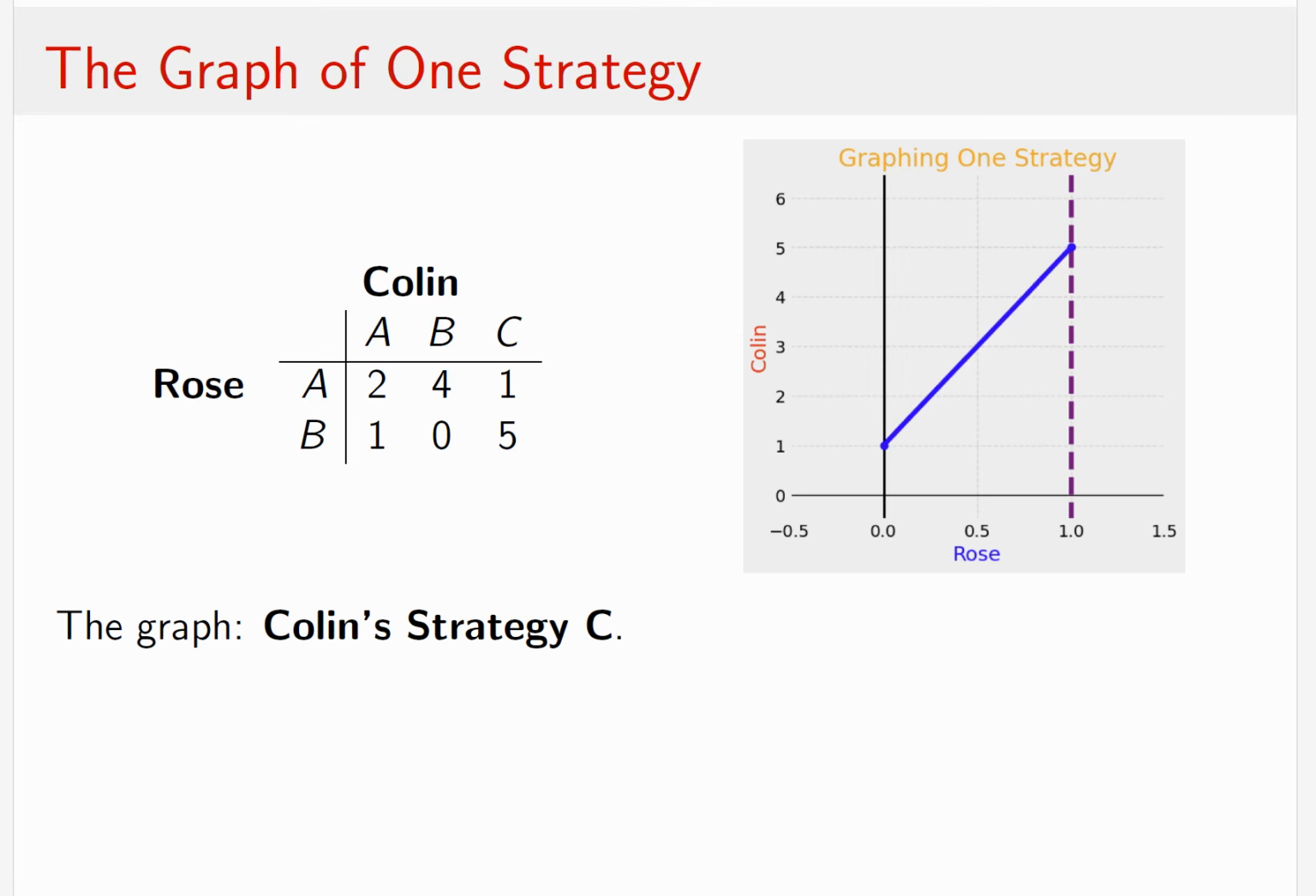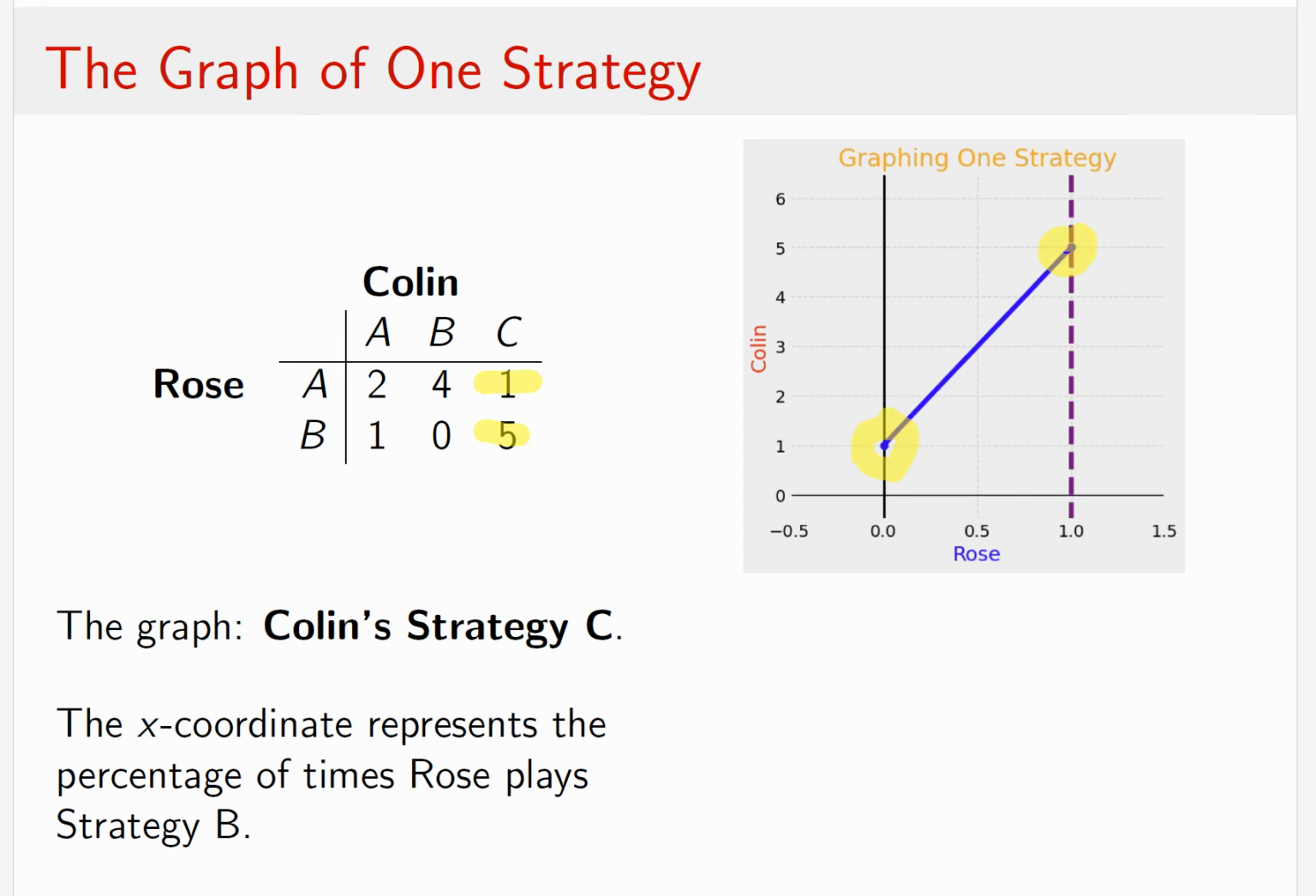Okay, so let's do this. Let's make row A the y-intercept value. And let's make row B the value where the strategy line crosses through the line x equals 1. And so what we're going to do is let x